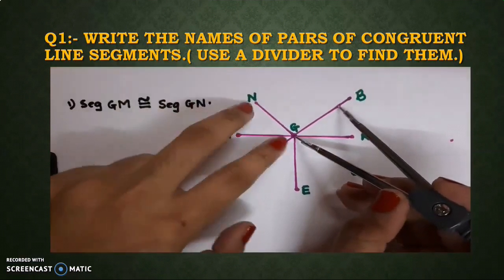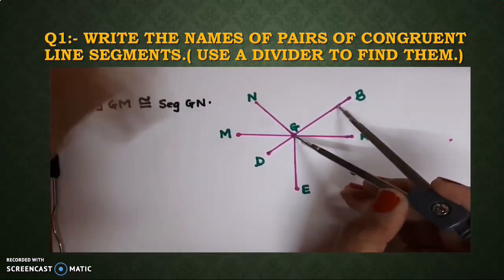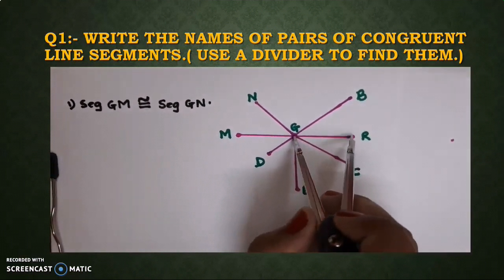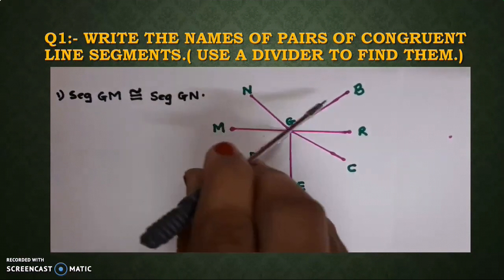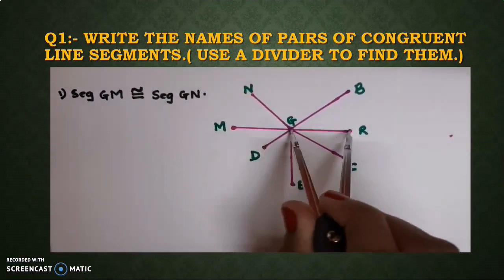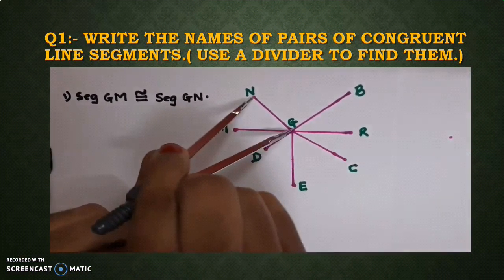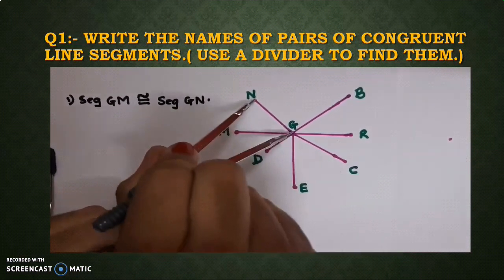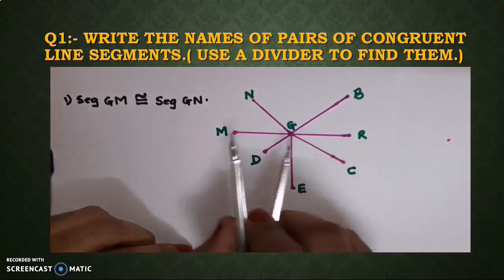Now again see, whatever length of GN we got, if I bring it till here, are both equal? Whatever length is of GN, is it equal? No. Our GB is bigger than GN because this divider is coming till this point. Okay. Now bring it till this GR. So whatever length was of GN and this GR, both are showing the same measurement. It means GM is also the same, GN is also the same, and GR, all three segments have equal length.